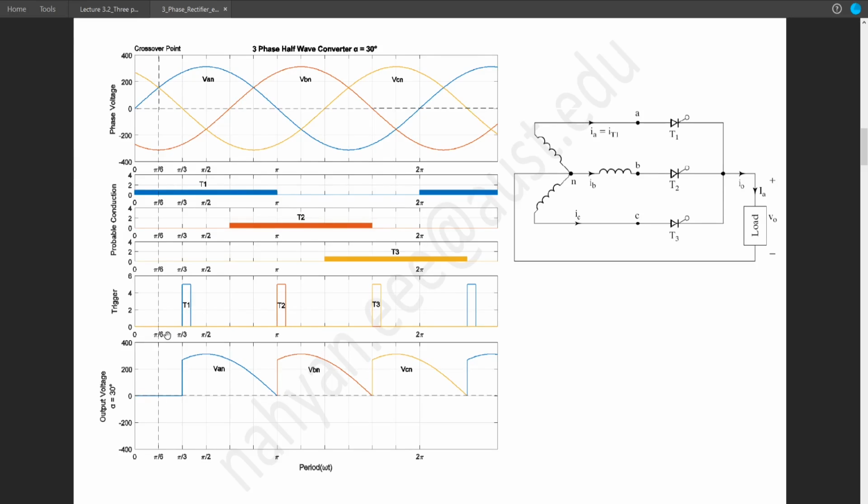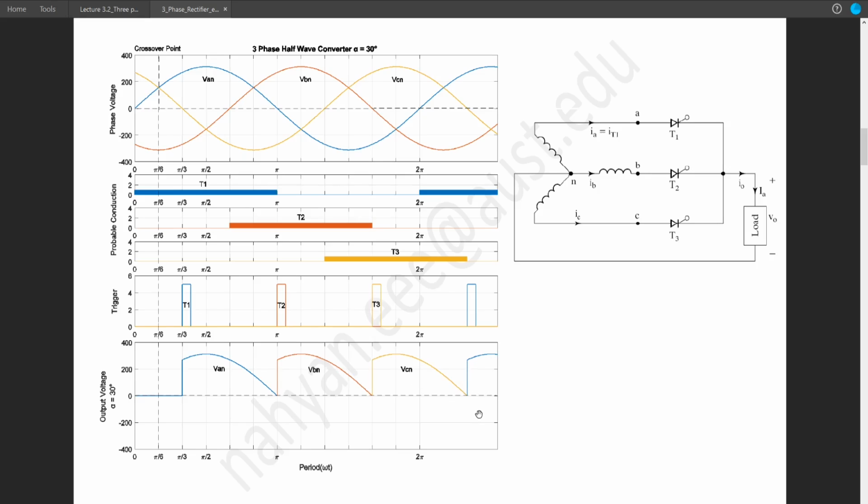So what will happen if we trigger T1 30 degree after this crossover point? So right before this point we will have 0 output, and after that point we will have VAN up until we trigger T2. Though here VAN gets below VBN, but since we are not triggering VBN in this region, the VAN will continue until T2 is triggered. So we will have VAN up until this point, and after that if we trigger T2, we will get this portion of VBN, and after T3 we will get VCN,